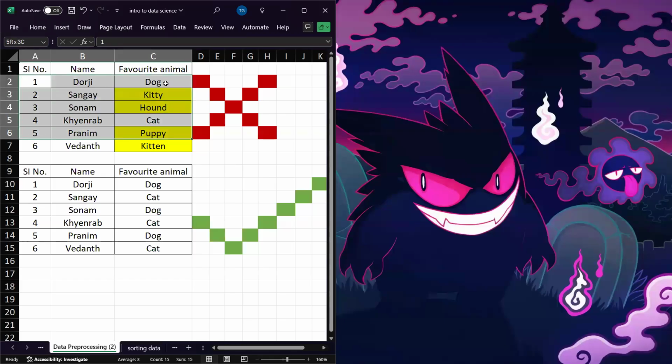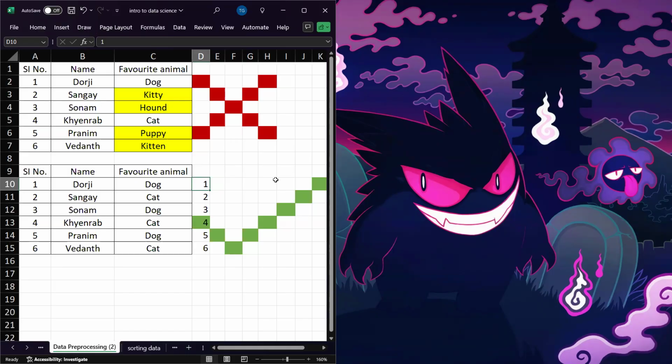For computers, dog, kitty, dog, cat, we assign numbers: say 1, say 2, say 3, say 4, say 5, say 6, so that the computer can understand numbers. So it assigns a number; it's trying to understand what the text means.